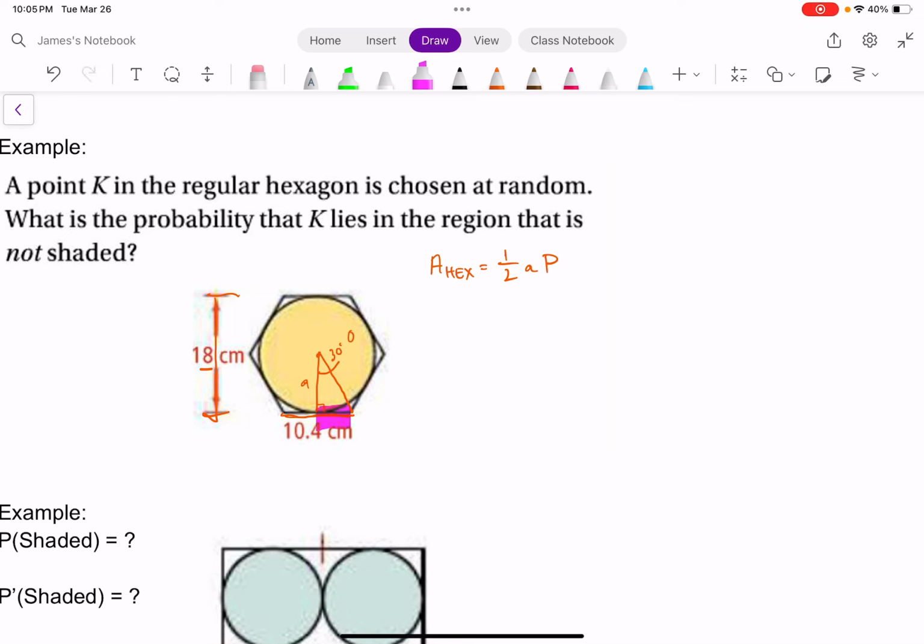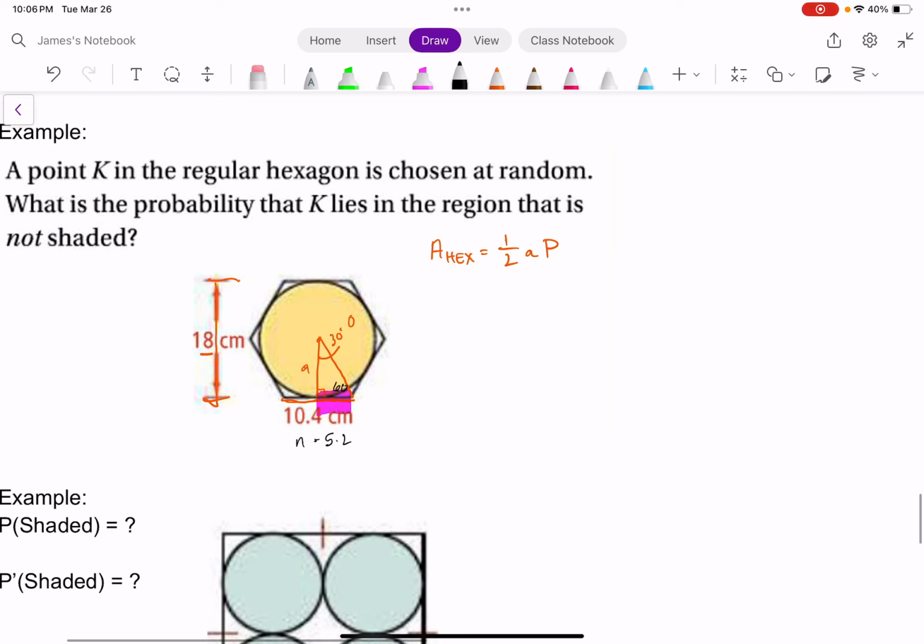That purple distance is going to be 5.2. Cuts it in half. 5.2. If you remember, across from 30 degrees, that's your inside. This is 60 degrees there. Across from that is your radical 3 side. So my apothem